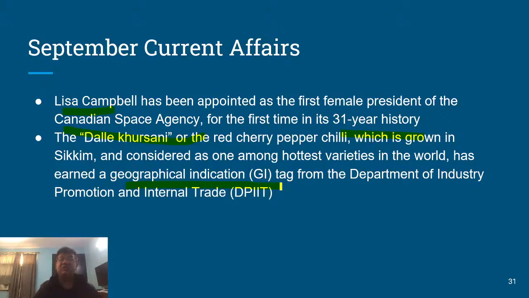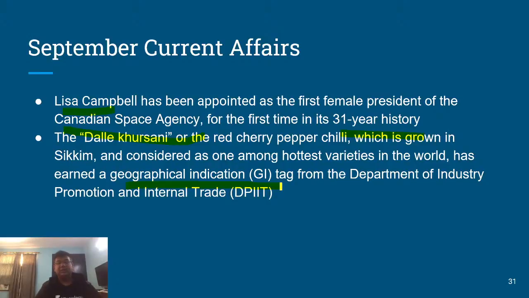So there is a particular pepper chili, red cherry pepper chili called the Dalle Khursani, which is grown in, I'm not sure if I pronounced it right, but yeah, it's grown in Sikkim. And of course considered one of the hottest chilies in the world. It's a red colored chili. In fact, I was recently in Darjeeling and I did see a lot of bright red chilies. It might be the same thing, I'm not really sure, because Darjeeling and Sikkim, of course, right next to each